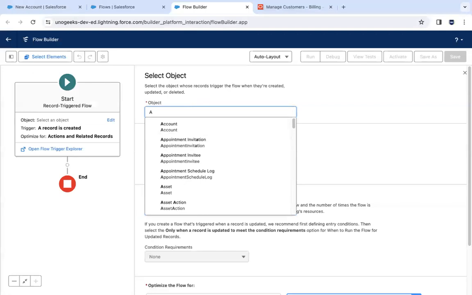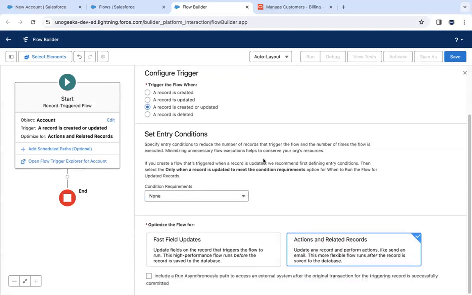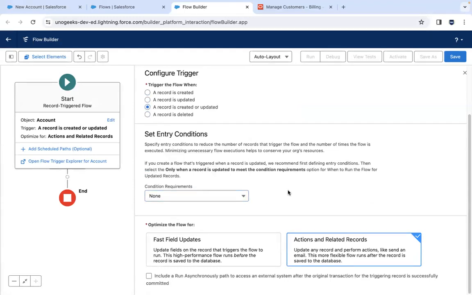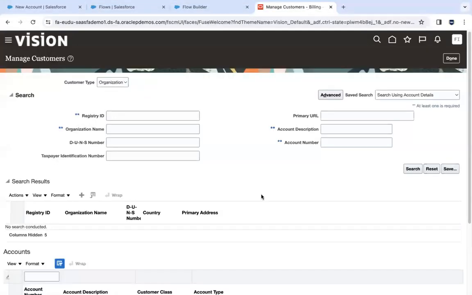And I need to select the account object here because I want this flow to be triggered whenever an account is created or updated. And I can plug in a filter condition here. If you don't plug in any filter condition, what would happen, guys? If you leave the filter condition blank, any customer account which is saved here, all the customers will be sent over to